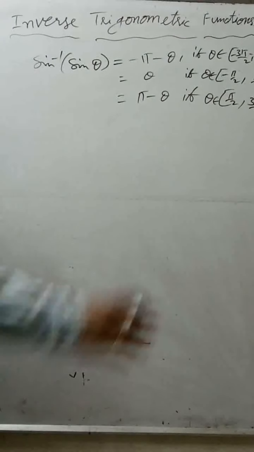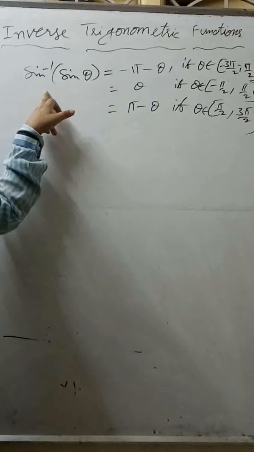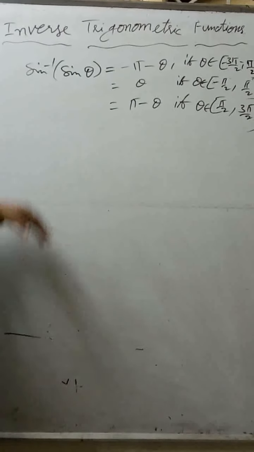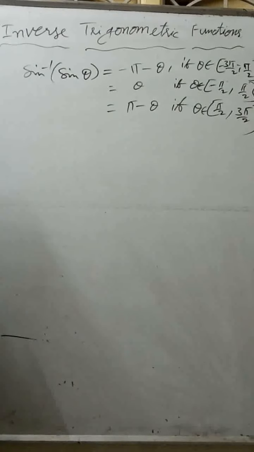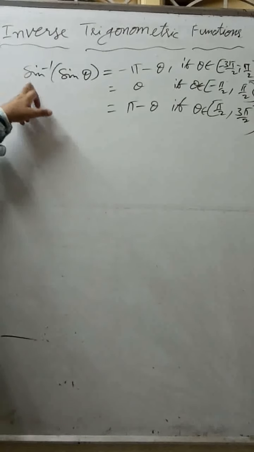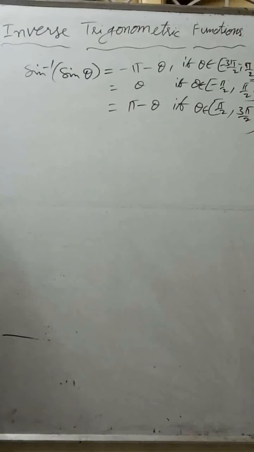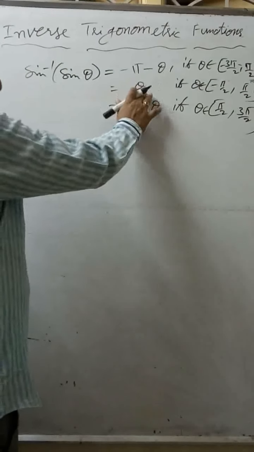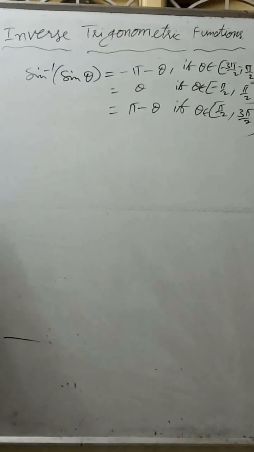We will see that if theta lies between -π/2 and +π/2, then this is the required domain. The function is 1-1 and onto, a bijection. Then according to our definition, f inverse of f is the identity in A itself. Sin inverse sin of theta is the identity in A itself, that is theta itself. So sin inverse of sin theta is theta if theta lies between -π/2 and +π/2, in its original domain.